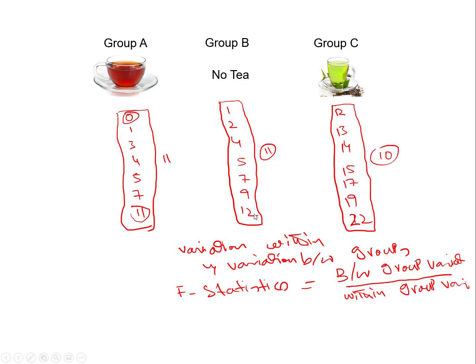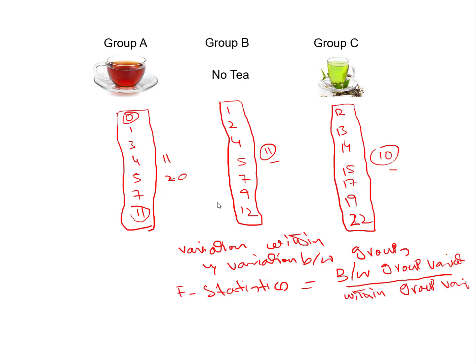So if most of the variation comes from within group, then, but let's suppose this is different, let's suppose the range is 20 and the range of this is 11 and this is 10, so there are some differences within group, then the tea probably does not have much of an effect. If this range variation within group is different, what does it mean? It means that tea probably doesn't have much of an effect.